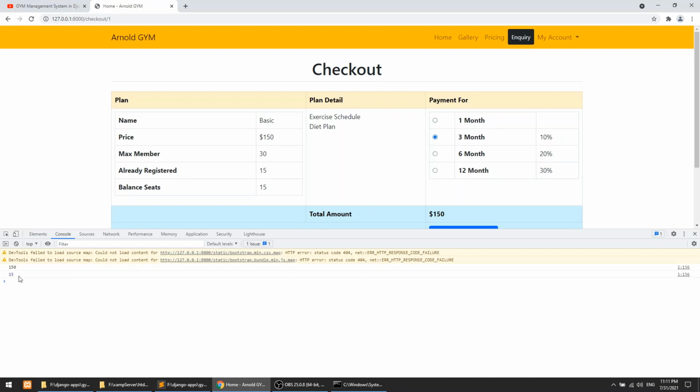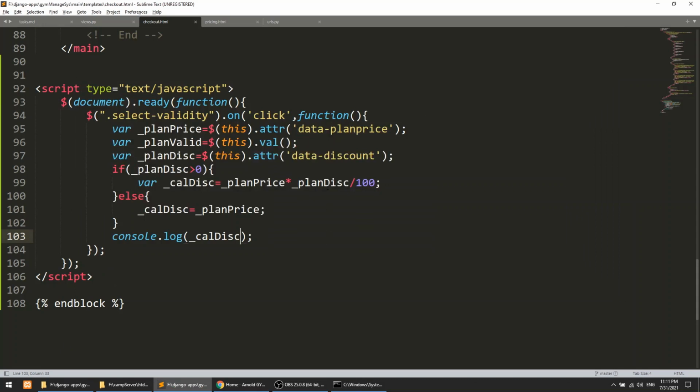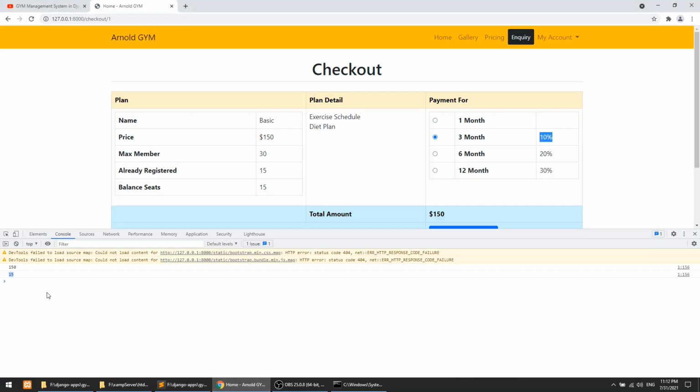When we click on this, we have 15, because when you multiply 15 into 3 that will be 45, and we get the 10% of 45. Let's see this.